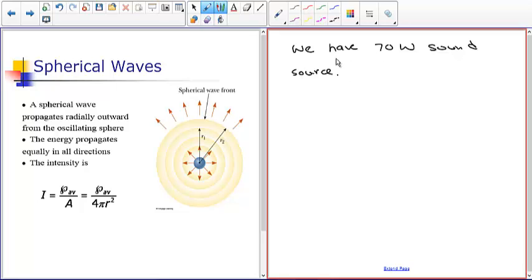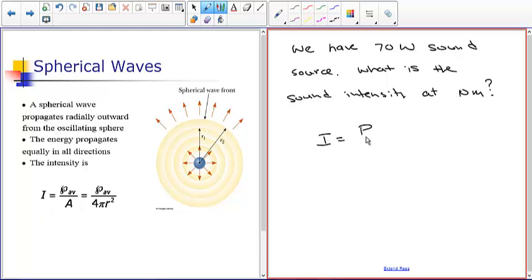It's kind of like a three-dimensional Alexa. It's like a ball, so the sound goes out in all directions equally. So the question is, what is the sound intensity at 10 meters? So all you have to do is, you can see the sound intensity is just equal to the